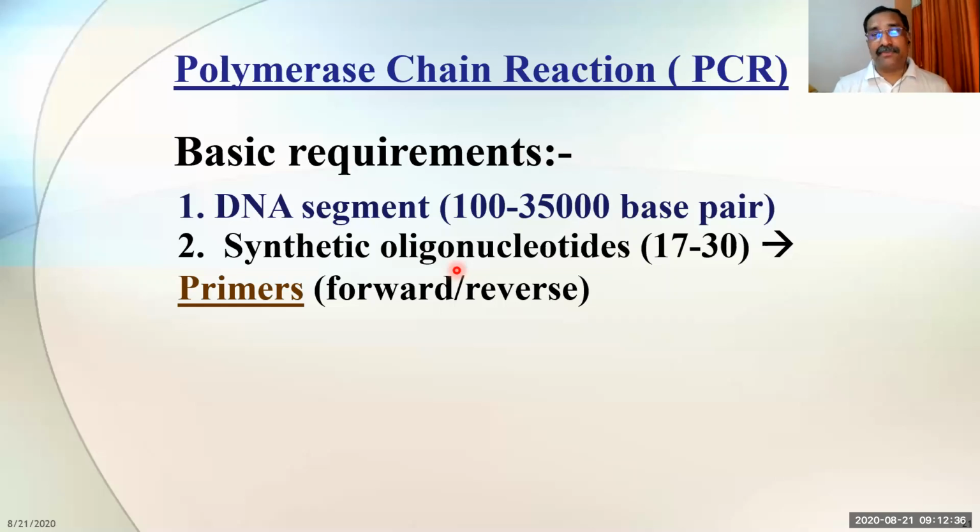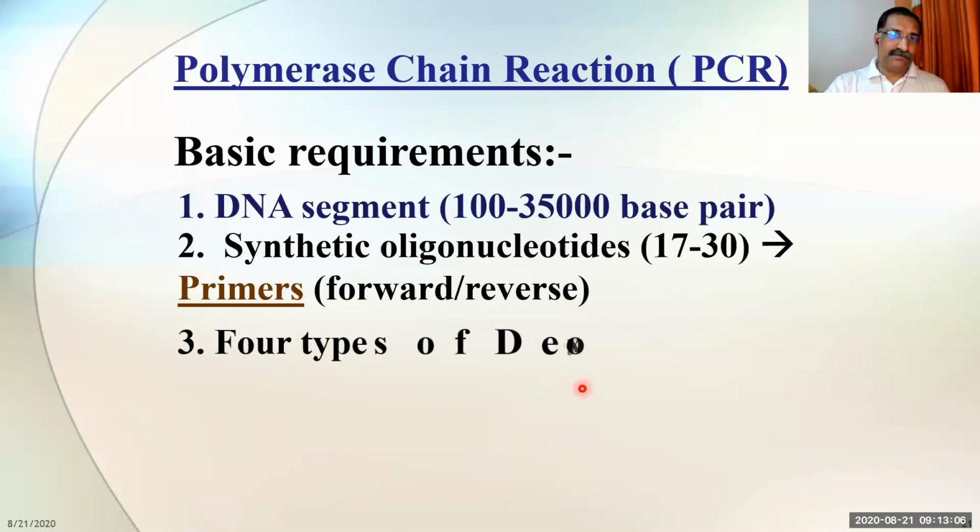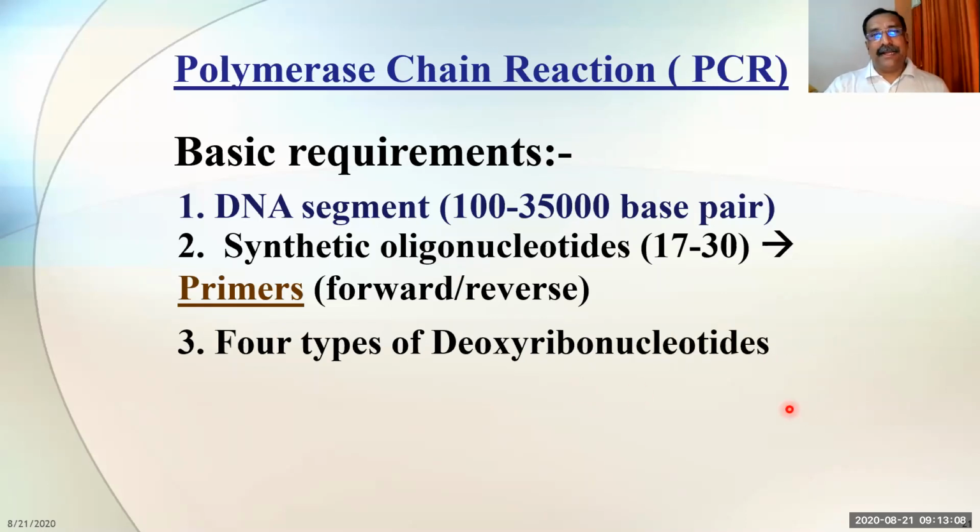And these are of two types. Primers are of two types. One is running in the forward direction. The other one is moving in the reverse direction. So two types of primers are there. But in short, you need, number one, the DNA sequence, the gene, which you want to replicate, which you want to make copies of. Second, you need a primer, that is nothing else but synthetic oligonucleotides. That is the second one. And the third one is